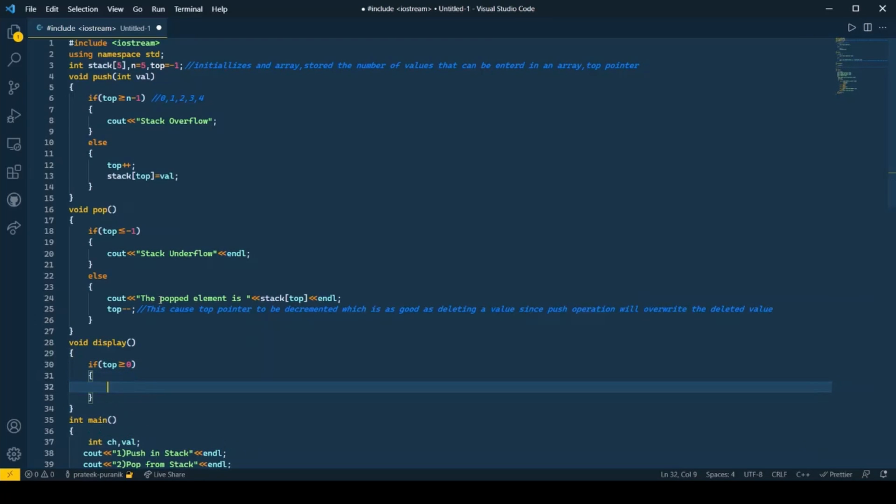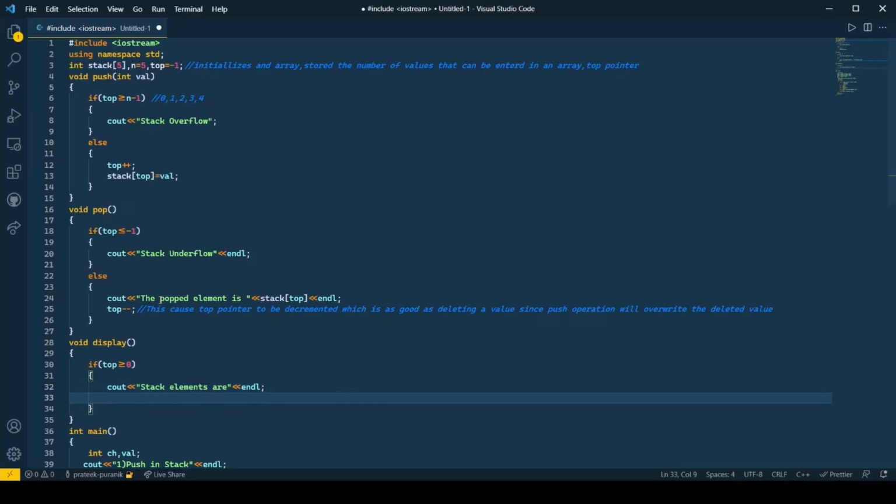If the stack is empty, there is nothing to display. So after that, we are going to use cout to print the stack elements.